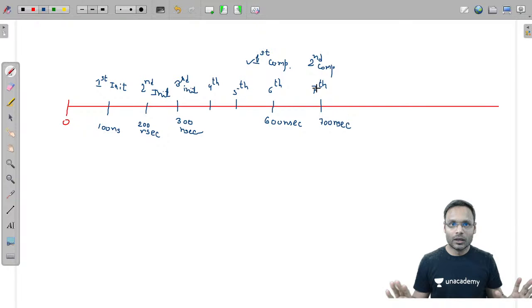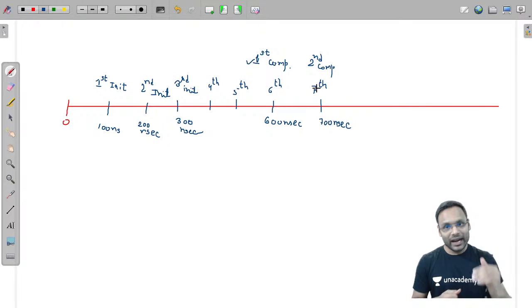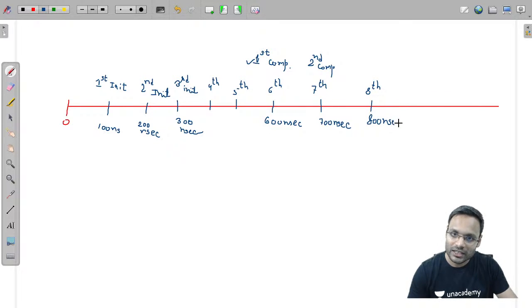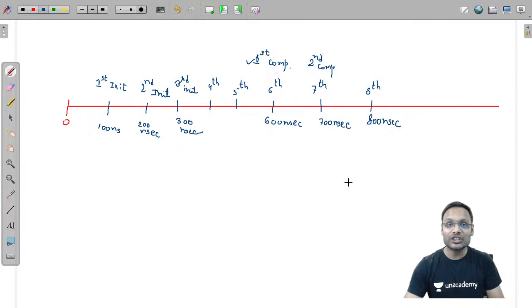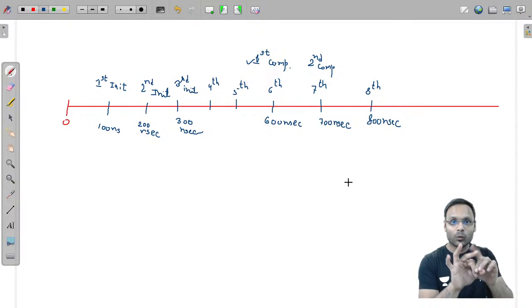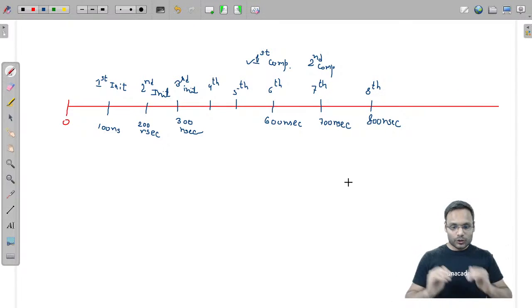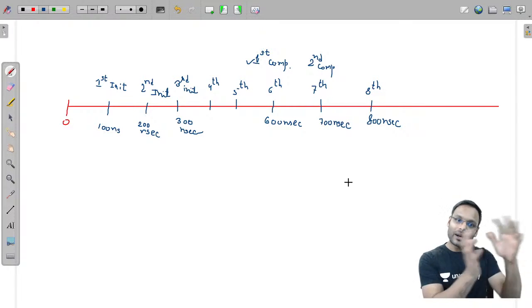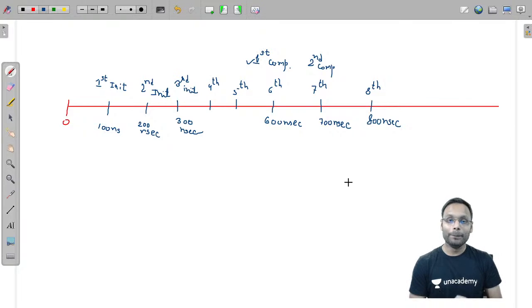Once another 100 nanoseconds are required, then another request is generated, the 8th one. That 8th request will take how much time? 100 nanoseconds more, up to 800 nanoseconds. The 8th request is initiated and now table numbers 1, 2, 3 are free. So every time a new request is generated, some table will get free, means